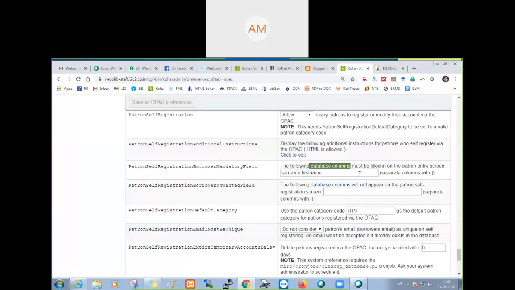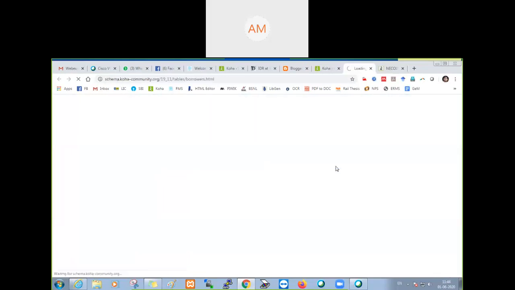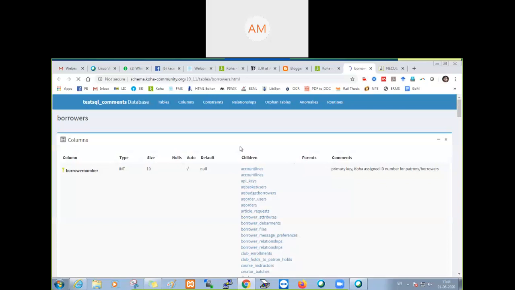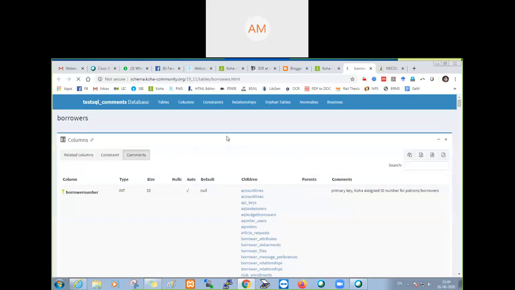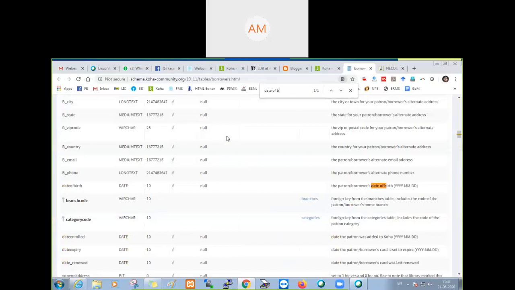For the coding, the database column link is given just on the top. You click on that, it will take you to a list where you will find the database columns. We will search for date of birth with Control F. The coding is dateofbirth without any space in between. Just copy that.